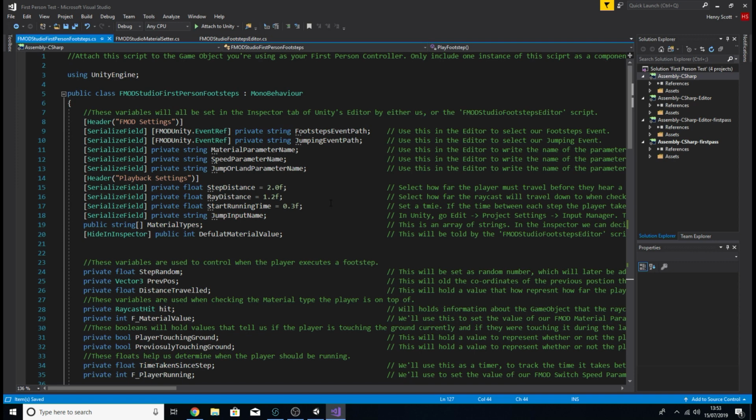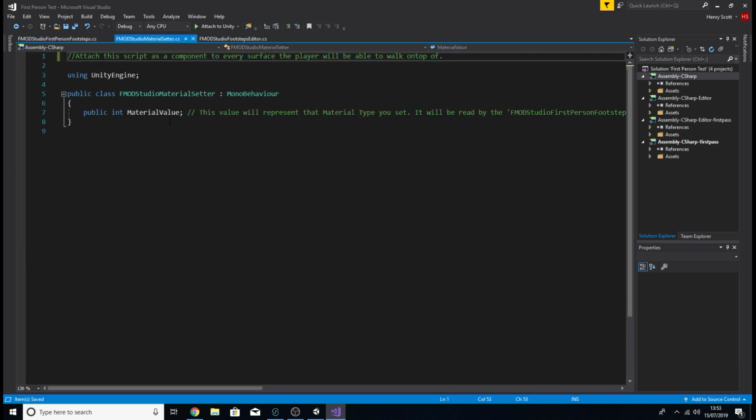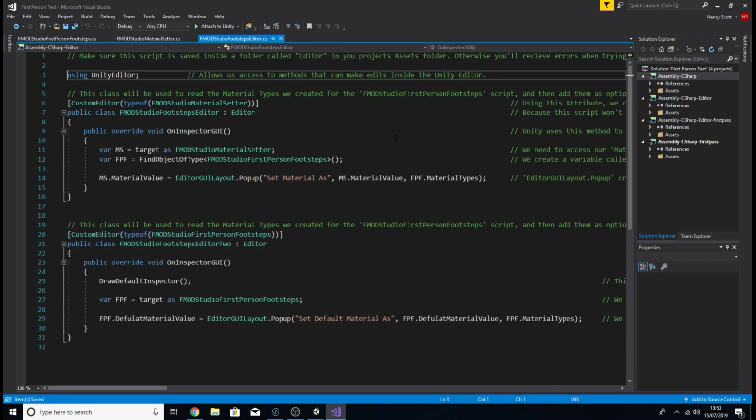So now we're nearly finished with all of these scripts, but it's now time to look at how we collect a value for default material value, as well as the material value variable inside of our material setter. So let's have a look at the third and final script, FMOD Studio Footsteps Editor. Now this is a script that works a little bit differently from the previous two. The main difference is that it doesn't run whilst the game is being played, but rather whilst we're making changes